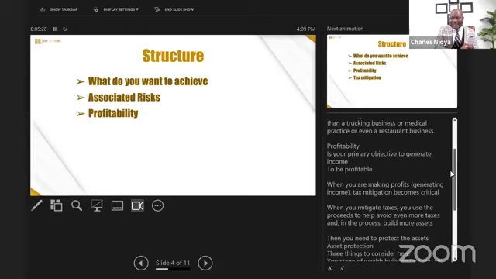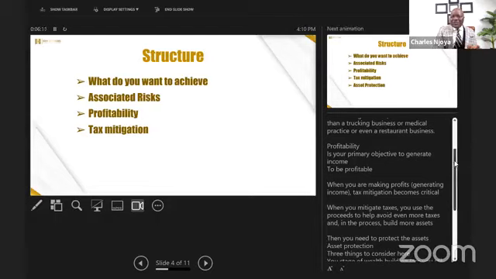When you mitigate taxes, you use the proceeds to help. I mean, this is how we operate. We basically help you when you start building profitability. Your problem becomes tax mitigation. How do we mitigate taxes? We avoid you paying those taxes. And when you avoid paying taxes, what you should be doing is using those tax savings to help in acquiring even more assets, so that you avoid even more taxes. And in the process, you're building more assets. That's the way the wealthy operate.